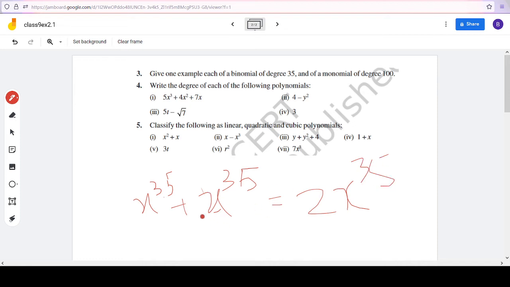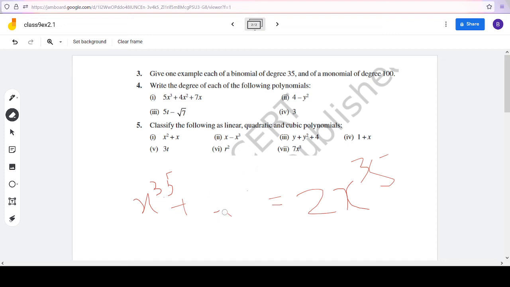So this is not the solution. So you should not take both the terms like terms. So two unlike terms should be added. So if I take x power 35 as one term, then you can take any term except with x power 35 term. So I can take here any number or any variable,